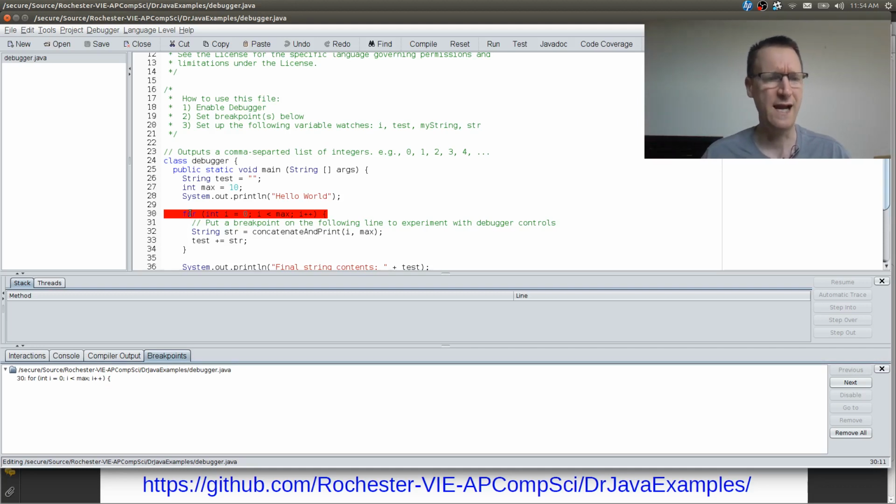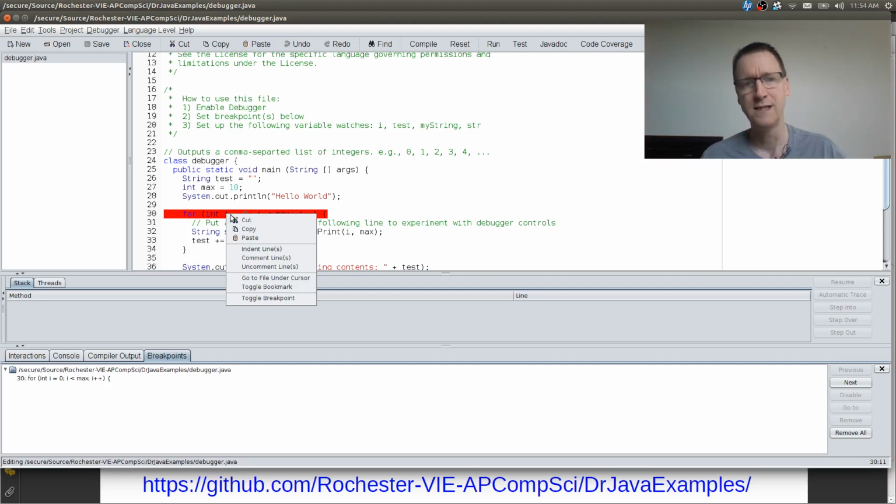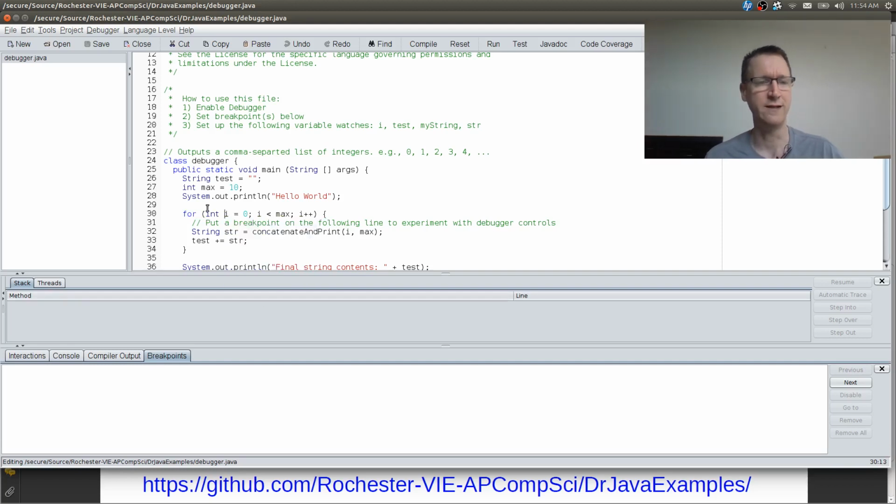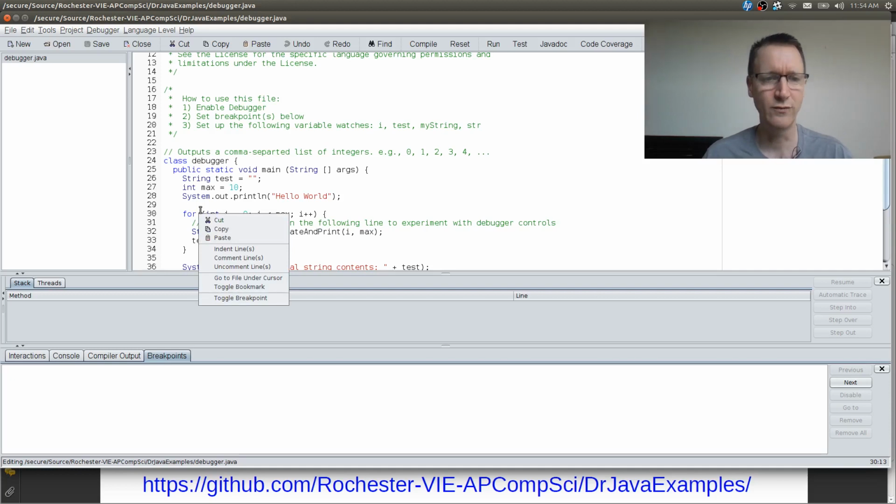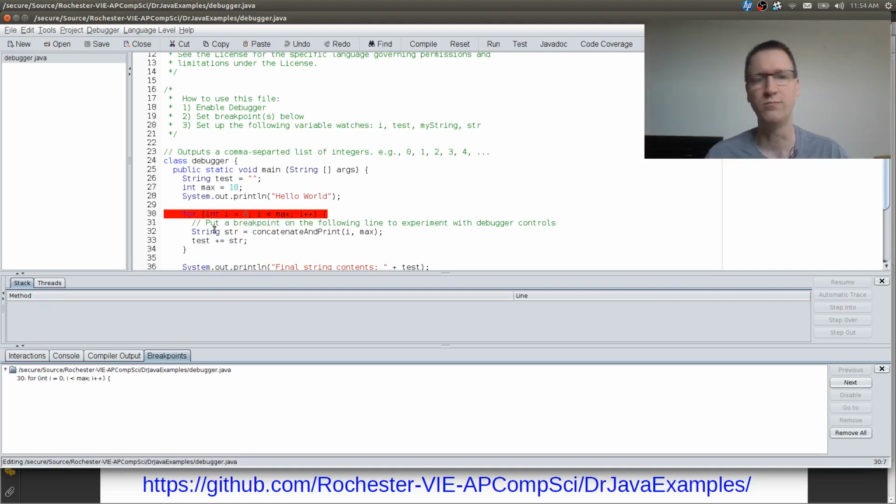Now let's see how we remove that breakpoint. Well, of course we could do a remove all down here, or we could come back up and again right click on that line of code, toggle breakpoint, and it disappears. No longer below, no longer highlighted in red. So for the sake of what we're doing for our debugging, let's put the breakpoint back and let's execute our